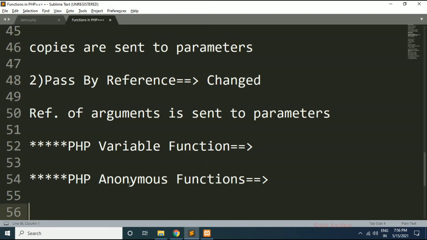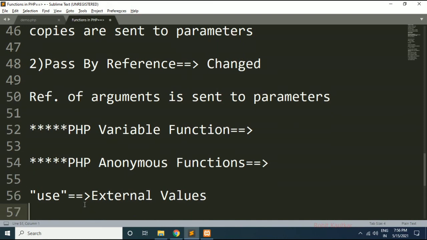To use an external value within this anonymous function, we can use the use keyword. This use keyword helps us use certain external values within our function. So what is the syntax of this anonymous function?